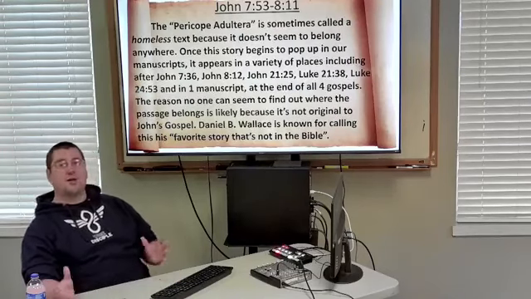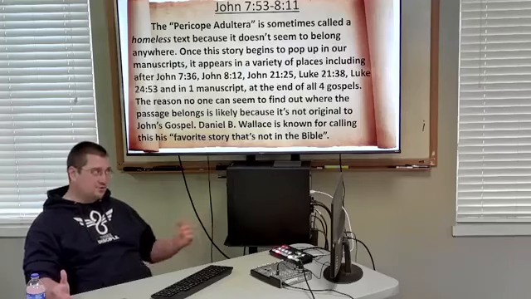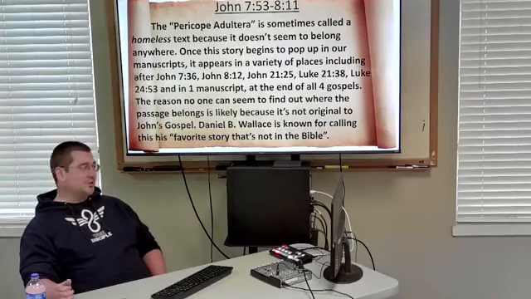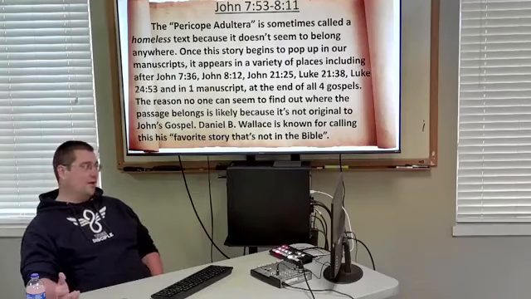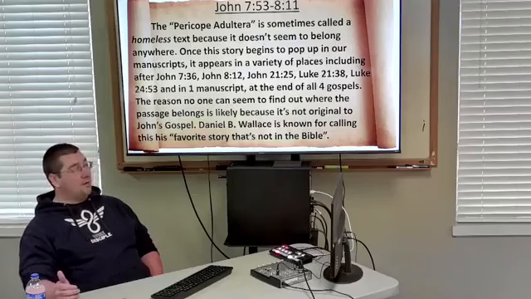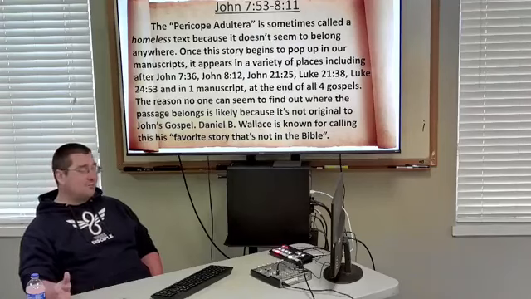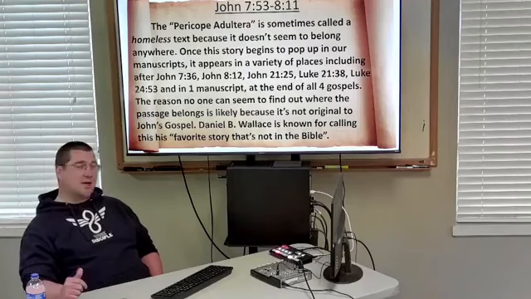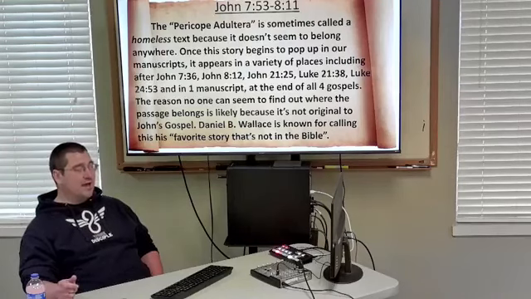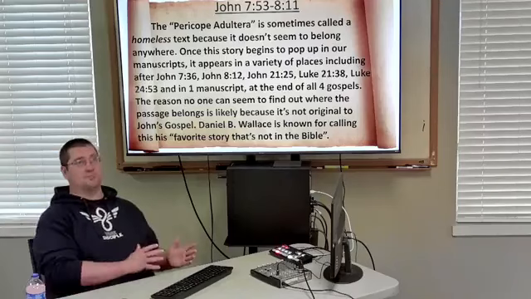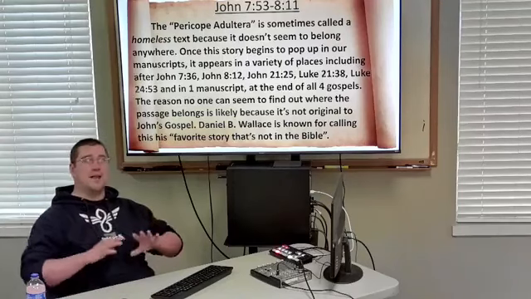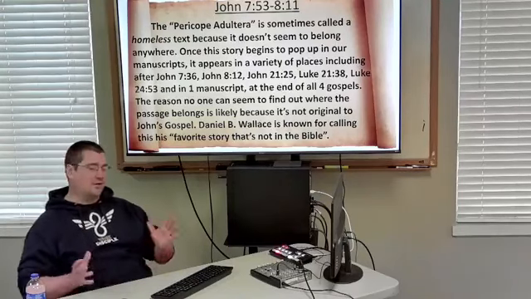So the bigger problem is this. The Pericope Adulterae is sometimes called a homeless text because it doesn't seem to belong anywhere. Once this story begins to pop up in our manuscripts, it appears in a variety of places, including after John 7:36, John 8:12, John 21:25, and sometimes instead of being in John, it's in Luke, after Luke 21:38, after Luke 24:53. And what I mean is that just like Codex Bezae, so manuscripts are oftentimes, obviously there are exceptions